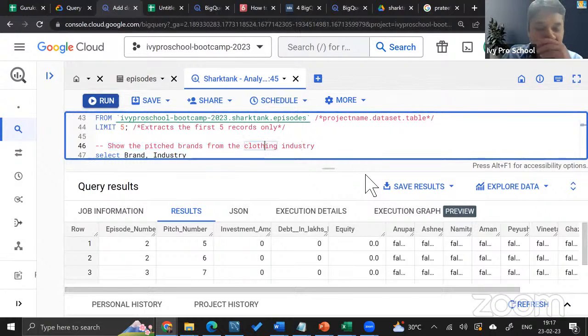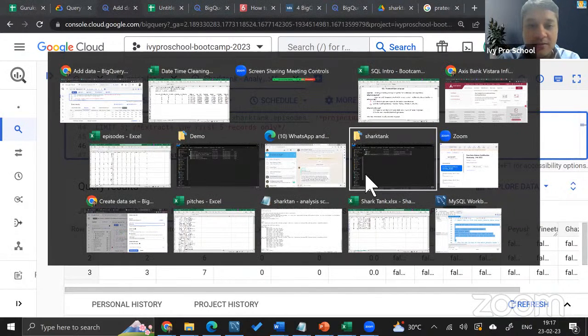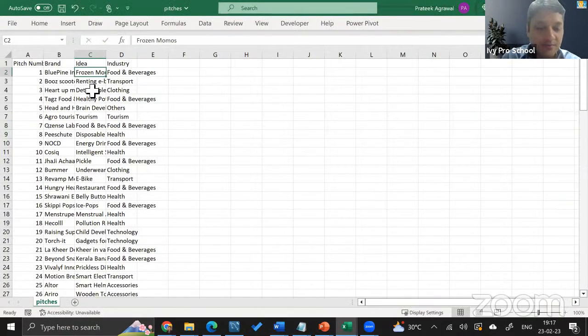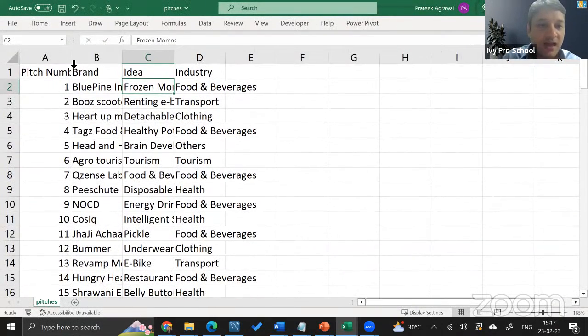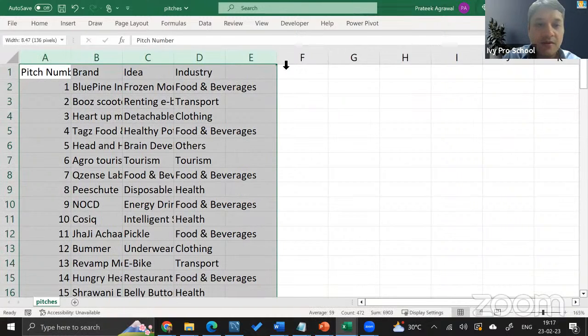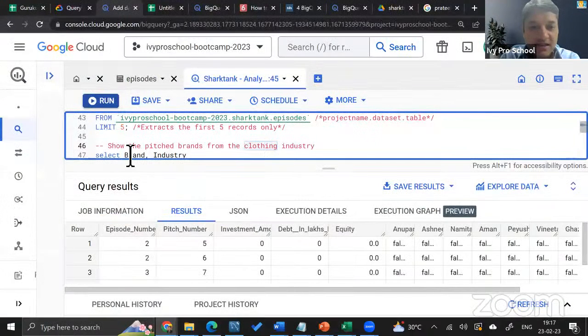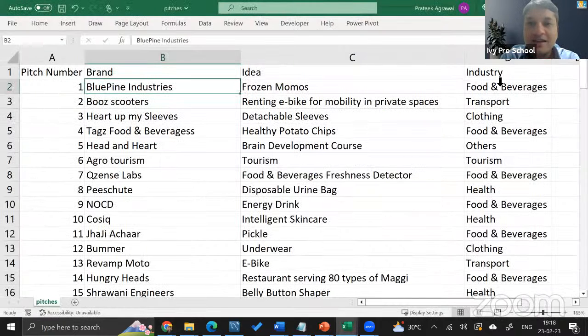Show the pitched brand. Now, if you notice the pitch brand, where are they? If I open the table in Excel, if I go to the pitches table, we have a column called brand, right? And then we have a column called industry. Then we have a column called idea and the pitch number. So these are the 4 columns which are here. It says, show the pitched brands from the clothing industry. That means the industry column should be restricted to clothing,